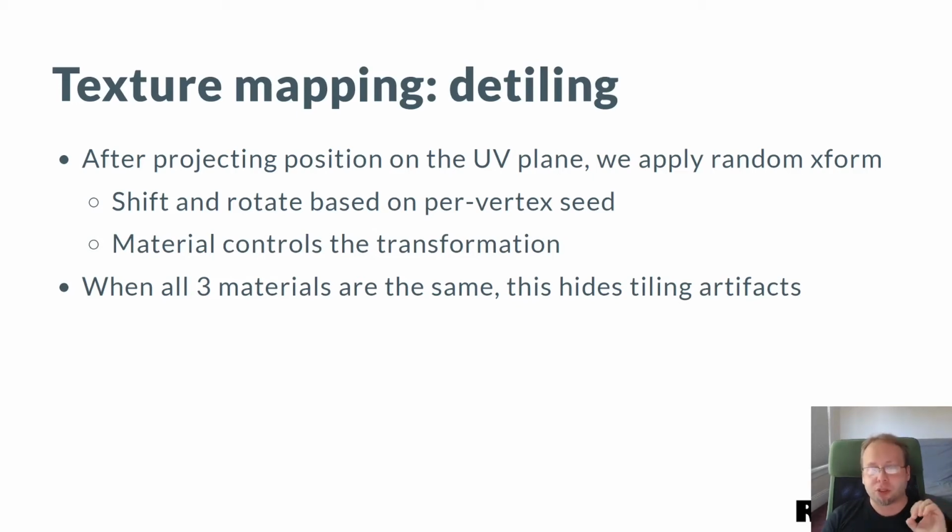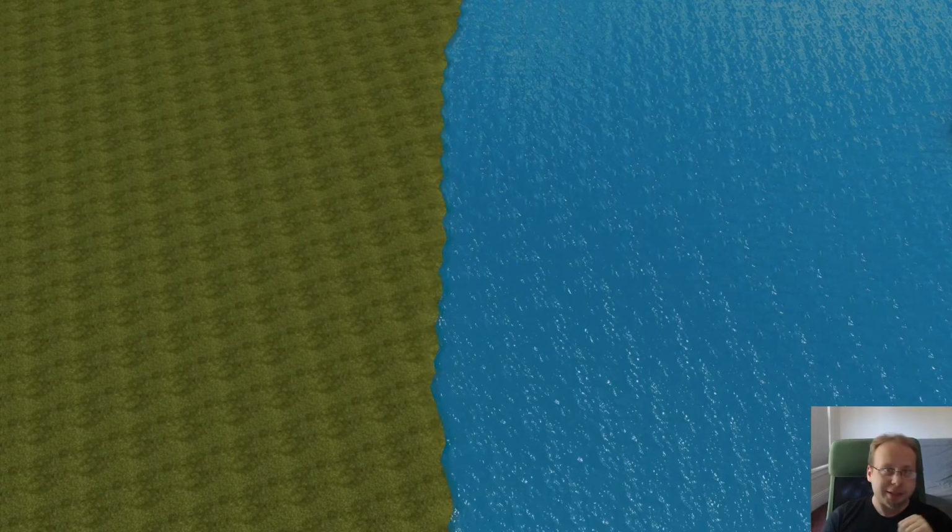And also this randomness could be dependent on the material. For example, if you have a brick, you really don't want to rotate the samples of the brick, but you can shift them just fine, especially if you shift by sort of brick-sized granularities in UV space. Now, if you imagine a triangle where the three materials in the corners are the same, effectively you end up having three different randomly rotated and translated layers all blended into each other, which breaks up the tiling very nicely.